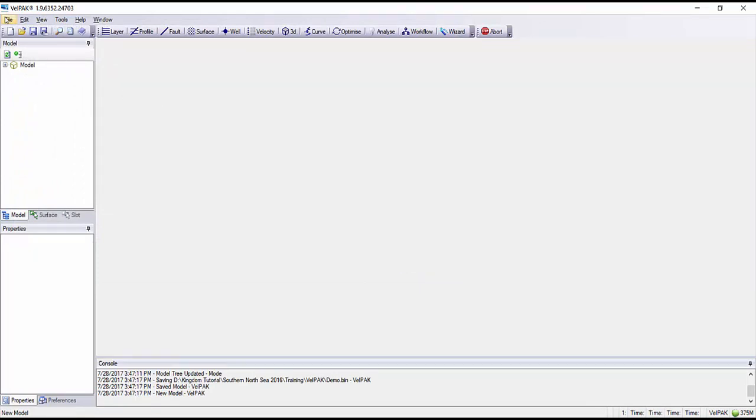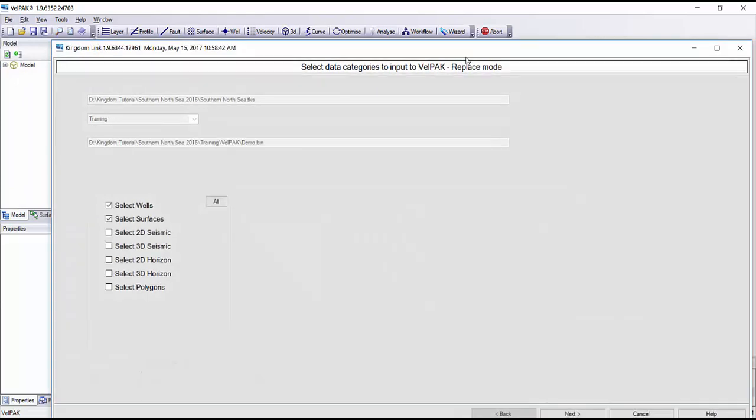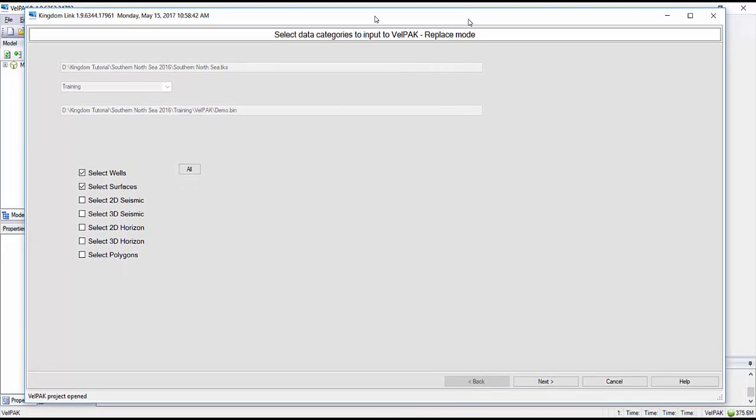Our next task is to click on File, Open TKS from the Kingdom suite, and we have two options in Replace mode and Merge mode. For this operation we're going to press Replace mode, and we can see that this loads the new data loading wizard. In here we can select the different types of data that will be brought into VelPAK, and we can select these discretely by clicking on the tick boxes like so, or we can click on the All button. I'll do this and press Next,